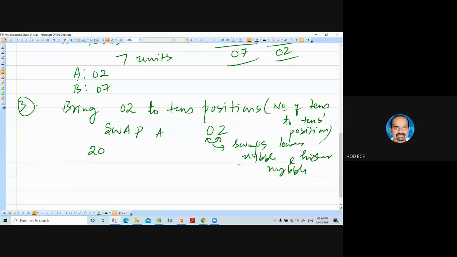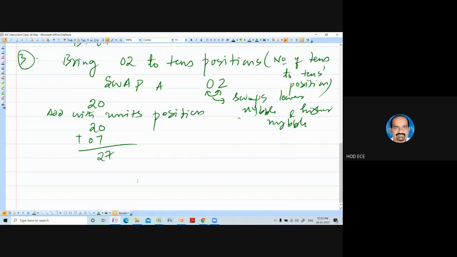Then you have to add with the units position. So 20 plus 07, you will get 27. So what is the final answer?